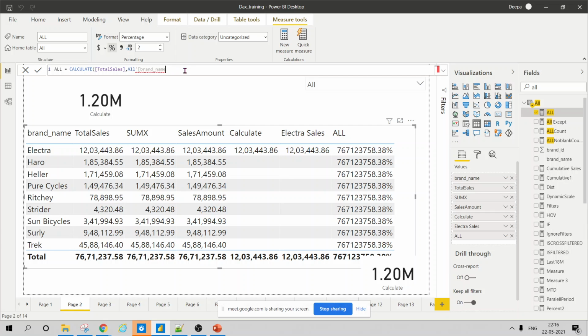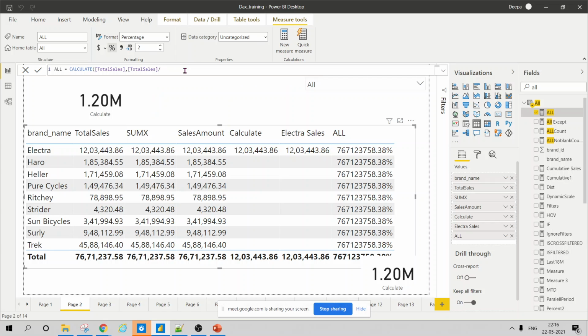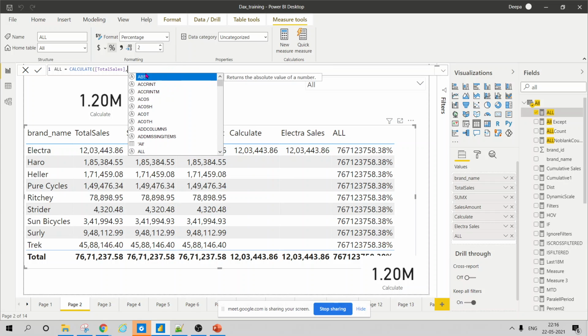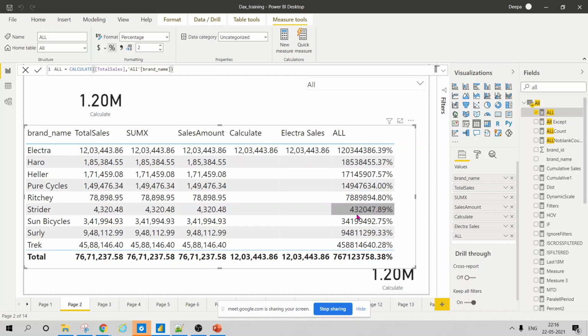Okay, so now what is happening is it is giving me all the values.